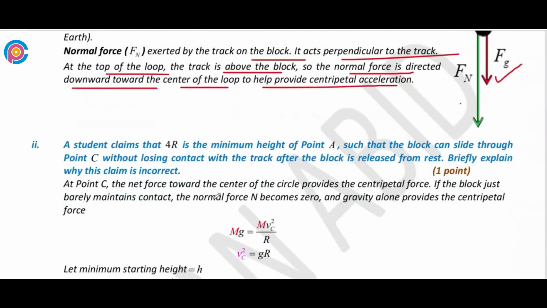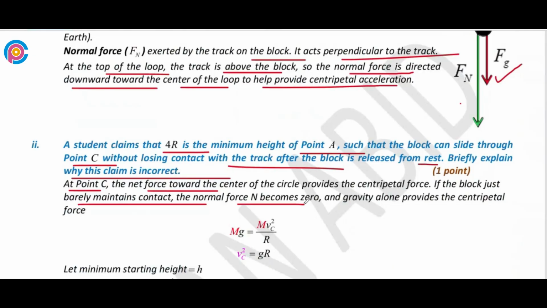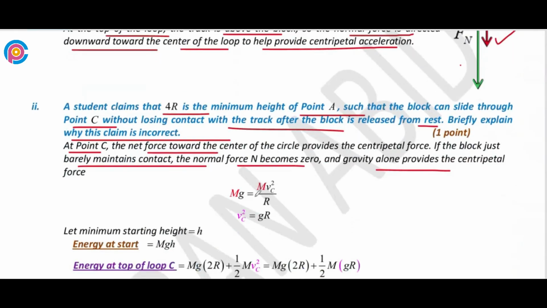Now, a student claims 4r is the minimum height at point A such that the block can slide through point C without losing contact with the track. After the block is released from rest, briefly explain why this claim is incorrect. At point C, the net force toward the center provides the centripetal force. If the block just barely maintains contact, the normal force becomes zero and gravity alone provides the centripetal force. So mg equals m vC squared over r, m can be cancelled, so vC squared should be equal to